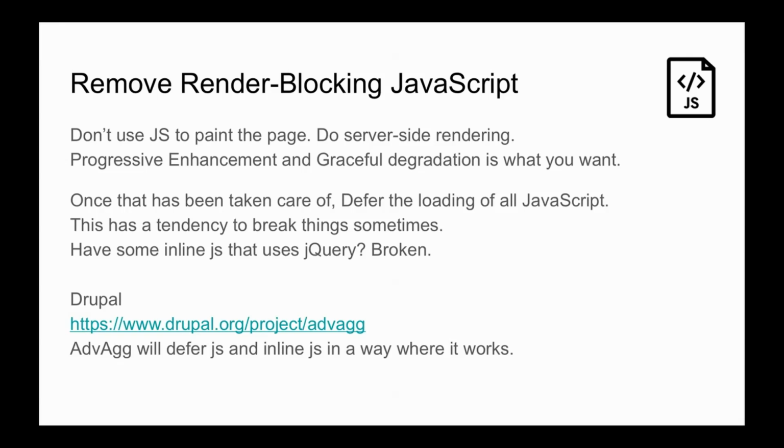And so you need to have a wrapper around that inline jQuery. For Drupal, the AdVig module will actually automatically wrap your JS for you. So that's pretty handy. Also, for Drupal 8, defer is still good, but Drupal 8 has moved most of the